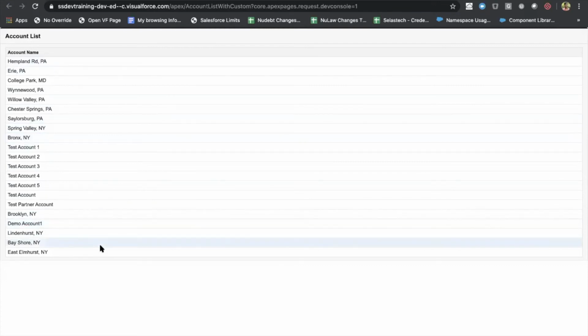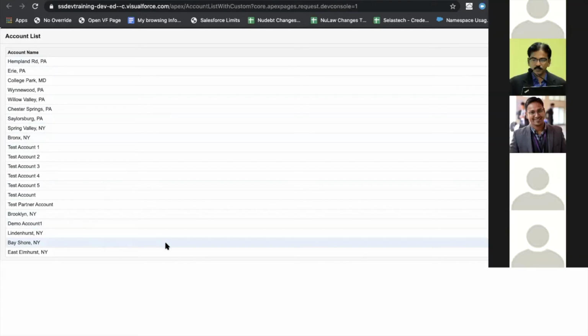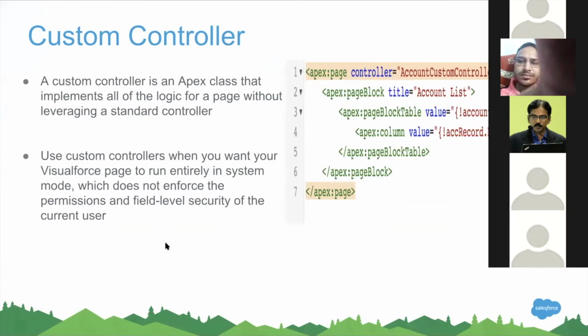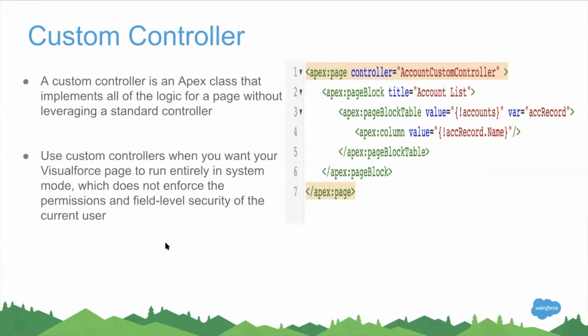So the standard controller and custom controller look the same, but with a custom controller you have to perform all your actions behind the scenes. With the standard controller, Salesforce will take care of whatever you pass based on the standard controller name. Now, you may want to use the standard controller and at the same time add some customization. As I said earlier, you don't need to write code for save, or you don't need to write code for delete.